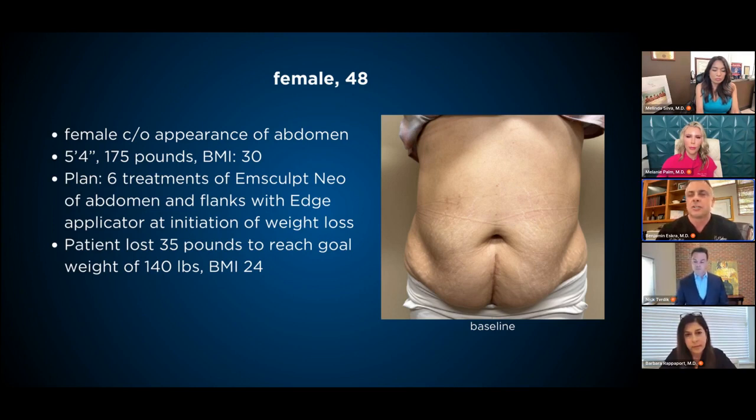So I also see a lot of patients that present to the practice that are not quite ready for any body contouring procedures. So this is a lady that is a 48-year-old female, presented, clearly has a lot of visceral fat and also some skin laxity. And so, we partnered with a local clinic to prescribe some GLP-1s to give her some benefit for that weight loss. But also, I wanted to start her initially right away on Emsculpt Neo to help improve her